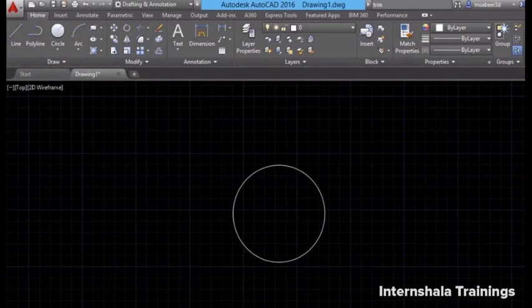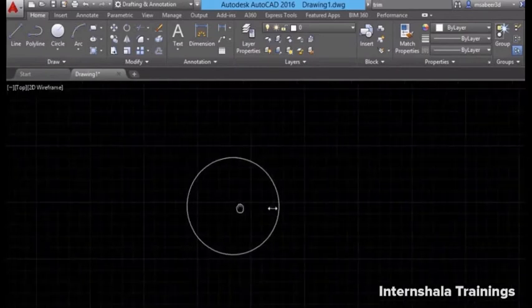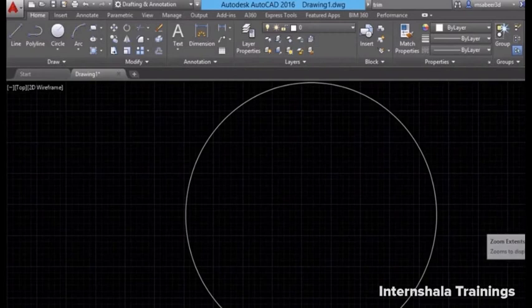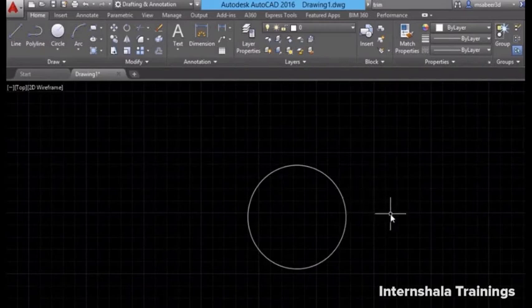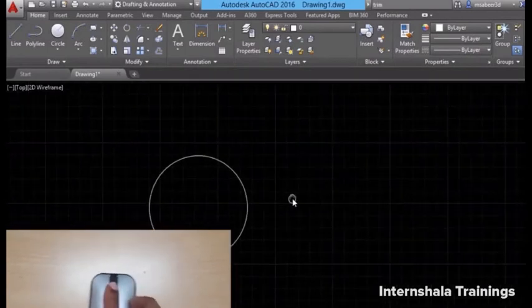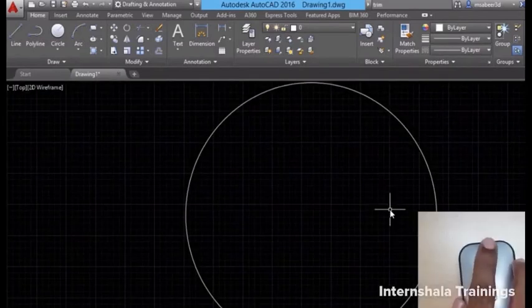And if I click on the pan icon and pan, I can move the entire screen along with the circle. And if I click on the zoom extents icon, I'll get maximum possible available magnification. The same activity can also be performed using the scroll wheel of a 3-button mouse. If you simply hold down the scroll button of the mouse, you can perform panning. And when you double tap the scroll button, you will get the same zoom extents action.